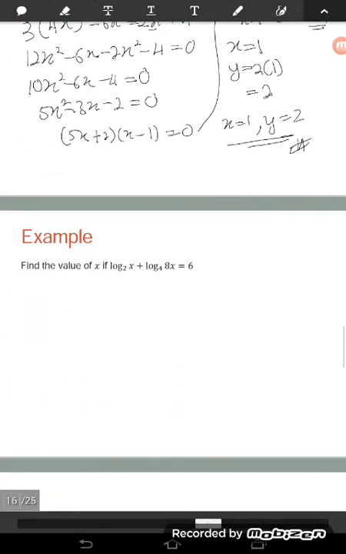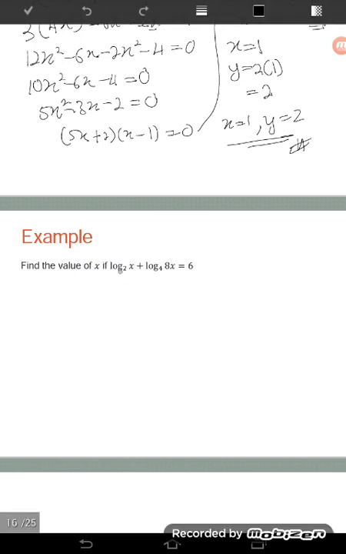Okay, so another example, this one. Okay, so here also same, we have 2 log. So in order to solve this problem, we need to combine these log become single log. Before to combine these 2 log become single log, we need to make sure the coefficient is 1. And here already 1. And we need to make sure the base are same. Here 2 and here 4. Okay, so since it is not same, we need to change the base.